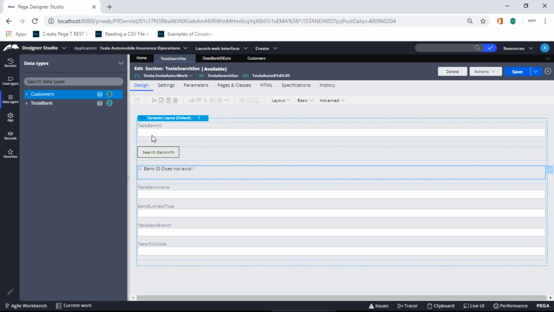So when I click here and say search bank ID, if the customer ID exists, it will come here. If the customer doesn't exist, it will show me this screen. But I'll be handling this through something called an exception. Okay, so I'll show you how to do that. So we have created one. We also will learn something called as,